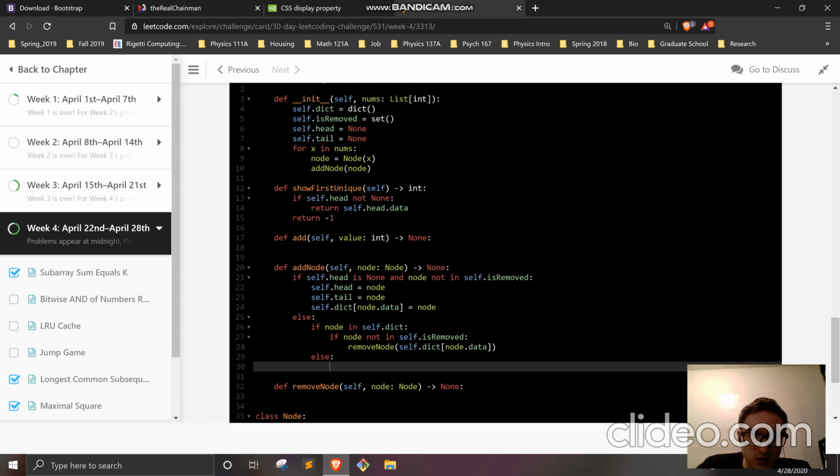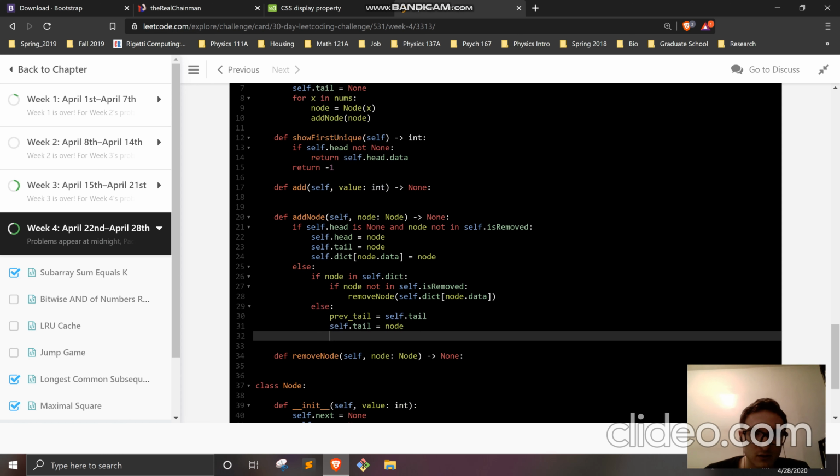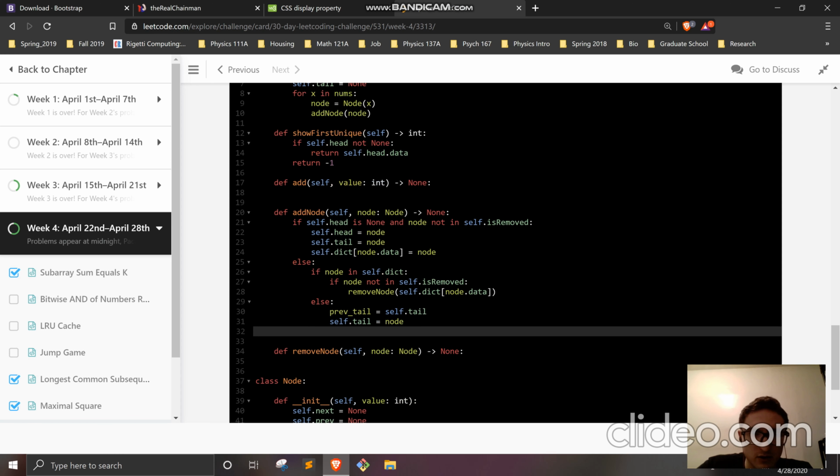Well, I'm always going to add a node to the tail. So what I would do is basically set prev tail equals self.tail. So it's what previously was my tail node. Now what I want to do is take the node that I have right now and set self.tail equal to this current node. And if I do that, that might work out. Then what I would want to do is basically set,